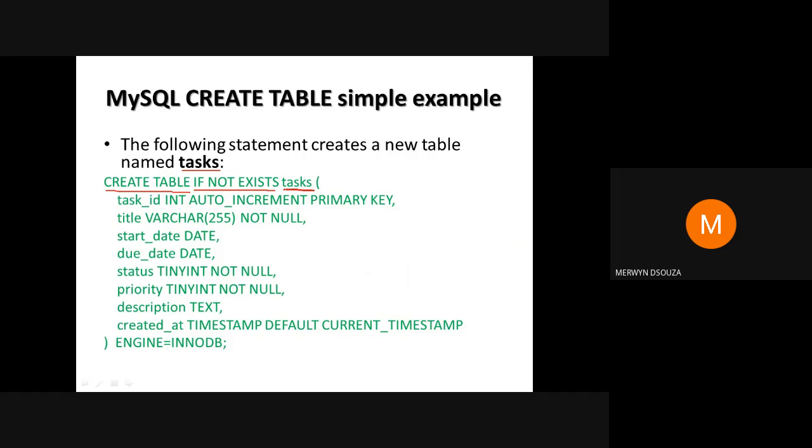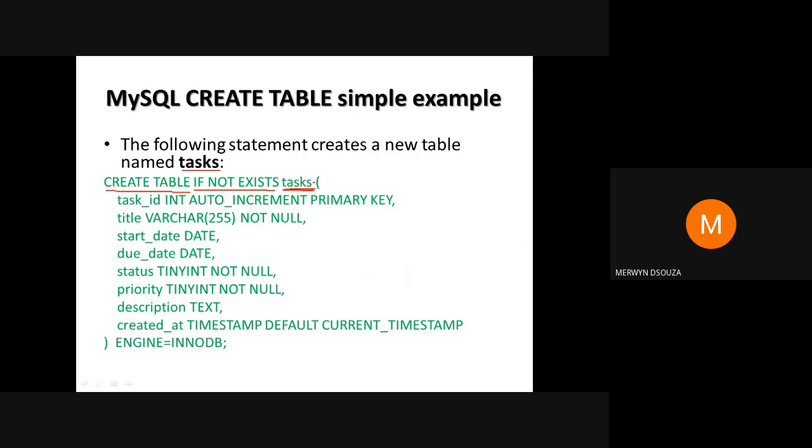So if a task table already exists in the database, then a new table will not be created. But if this table does not exist, then it will create this new table and will add all the columns that are being specified inside this.